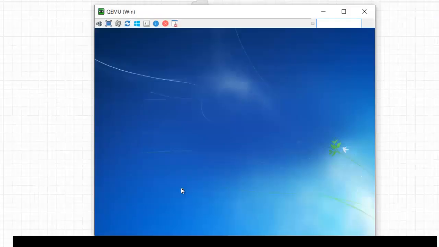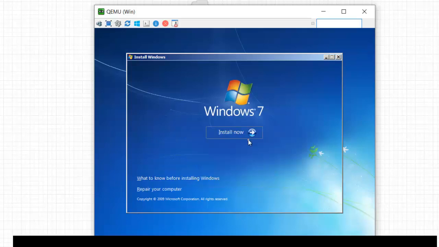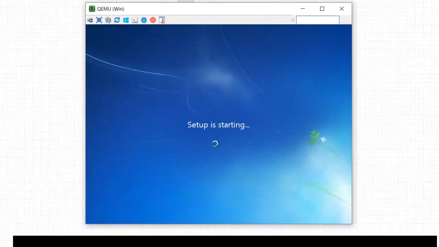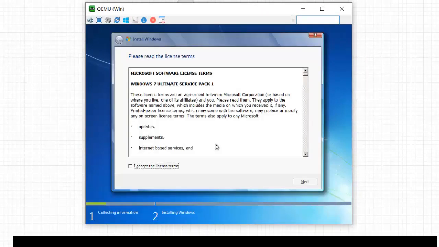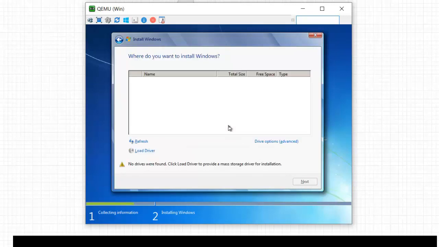Setting up Windows in this virtual machine is pretty similar to what we do in our laptops or computers. So you just need to follow those processes only, except for the hard drive, which we will see. Accept the license terms. Click on custom.